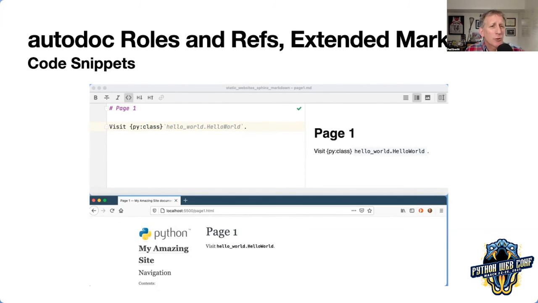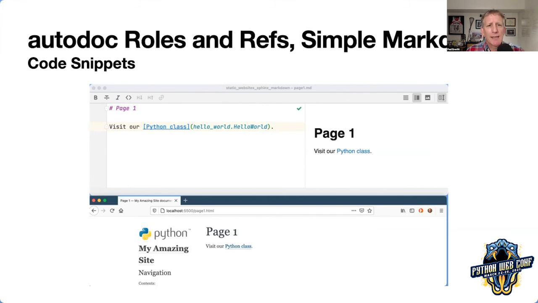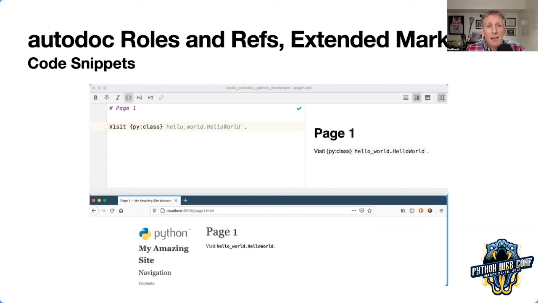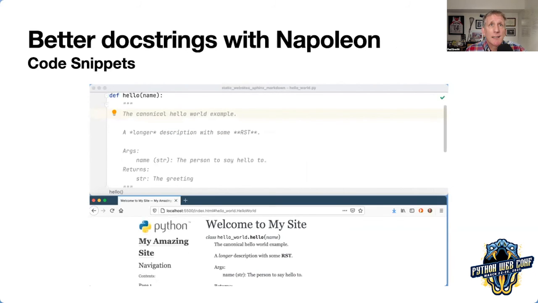We can go a little bit further with this extended Markdown syntax and express our linking, instead of this way, in a Markdown-ish way, using this way, which is more of a MyST way. It actually gives you access to a little bit more features. As an example of getting a little more power out of it, let's say I've got a function with a docstring, and this is the Google docstring format. And using Napoleon, which is an extension for Autodoc, I can get that rendered correctly. I also use an Autodoc extension for type hints because, yeah, I'm one of those type hint people. Sorry.